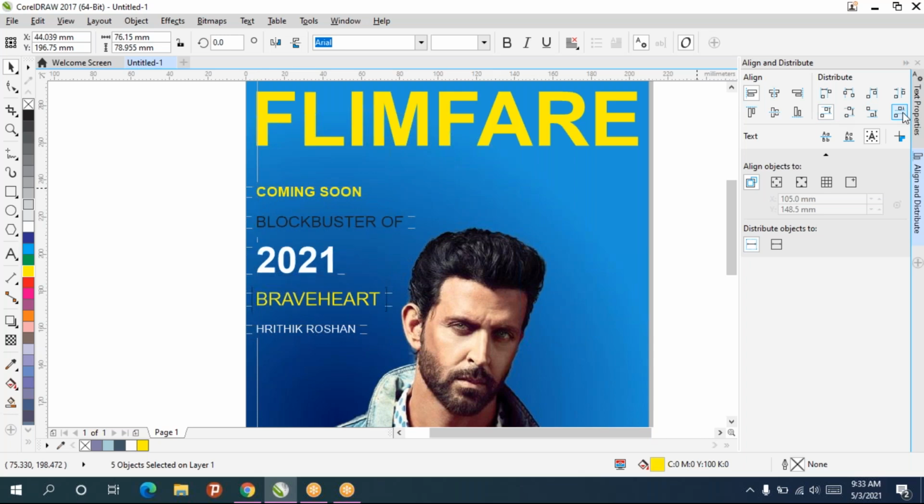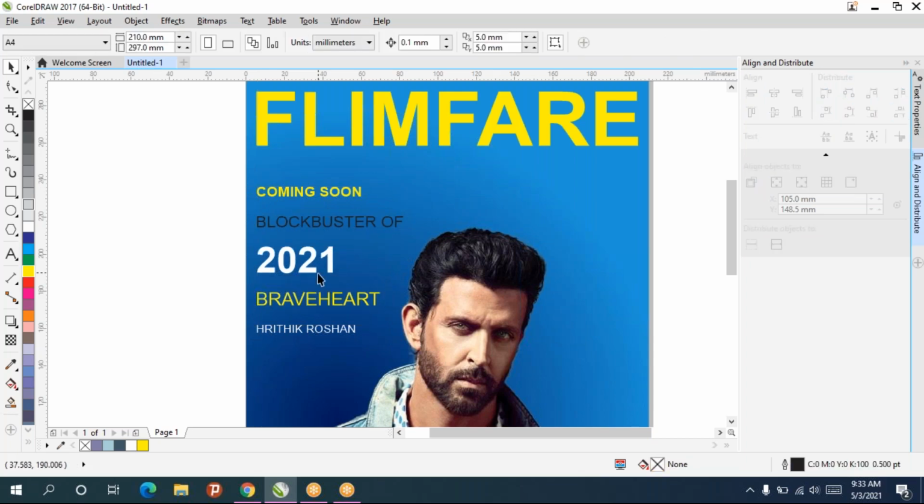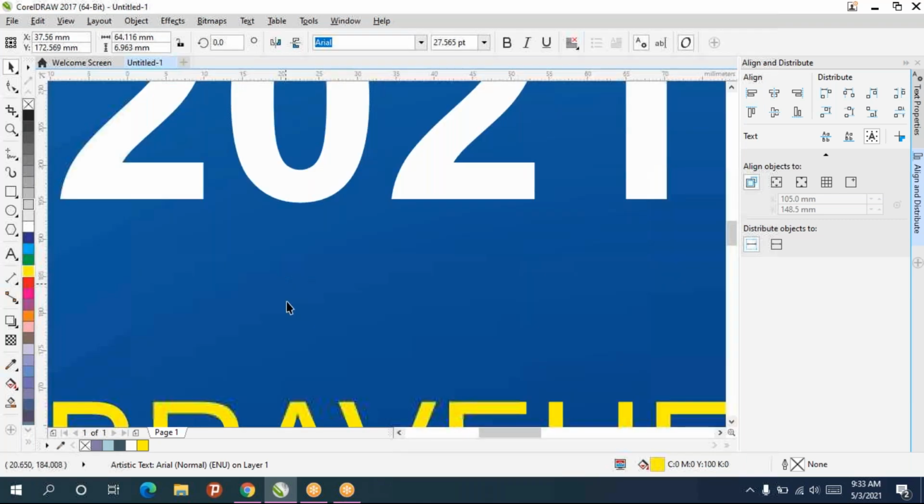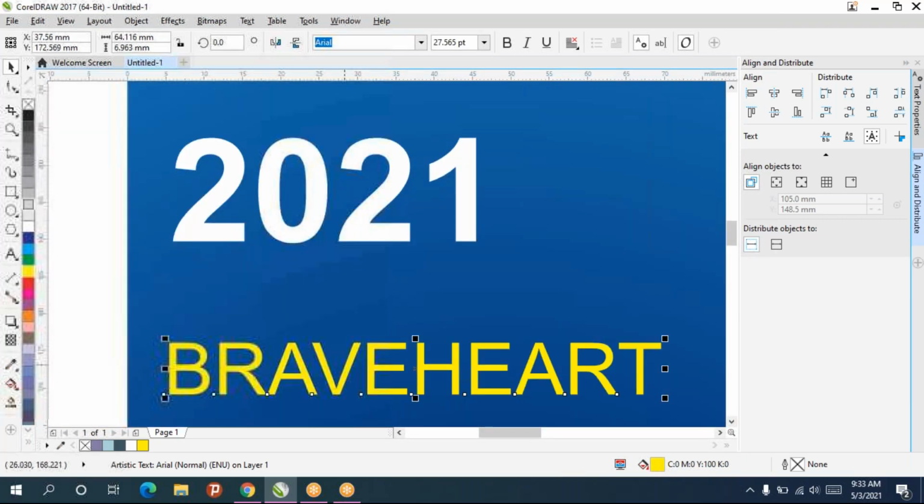See, like this you can select everything, then a left alignment option will come on the left, and for spacing between each object, if you want it equal, you can click on this. So automatically it will get arranged.